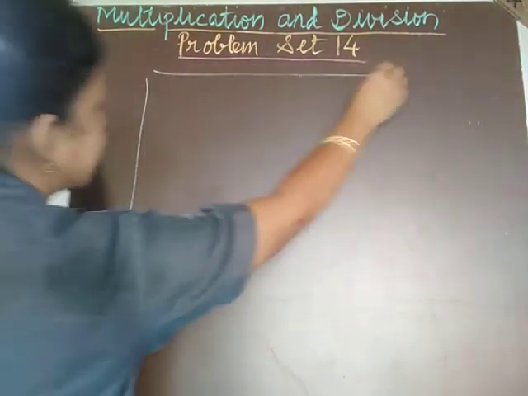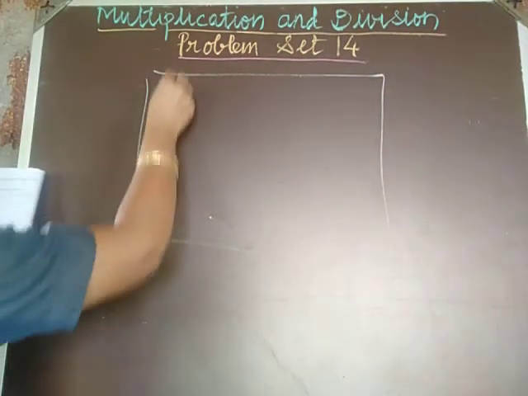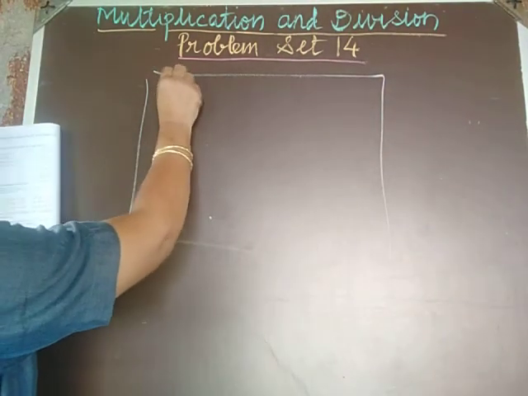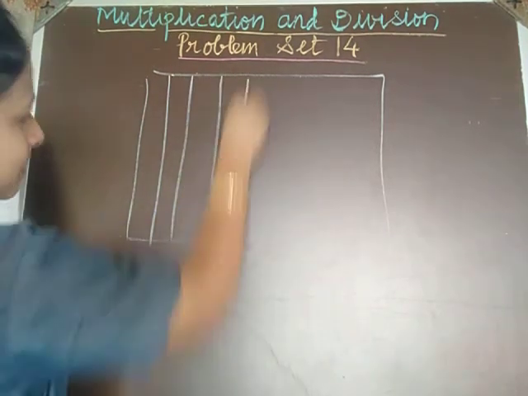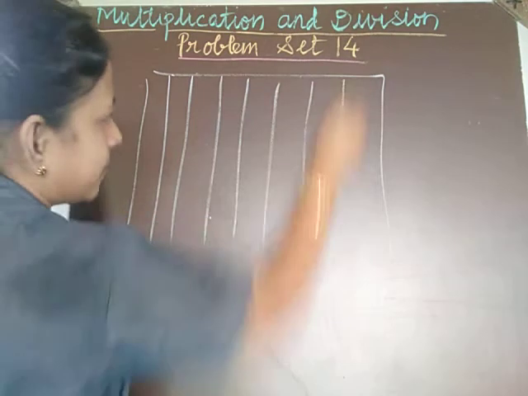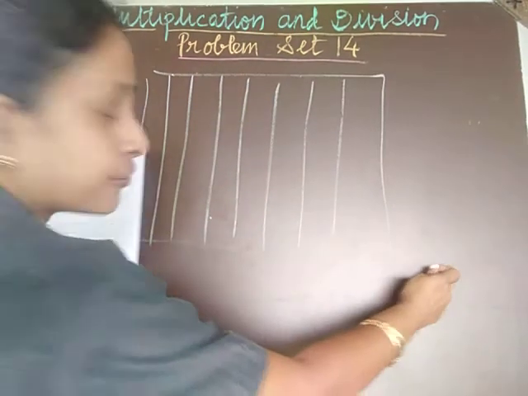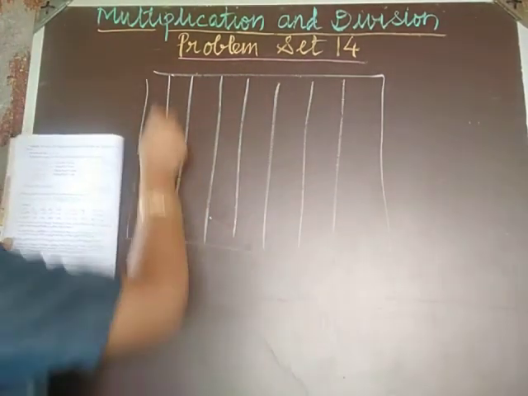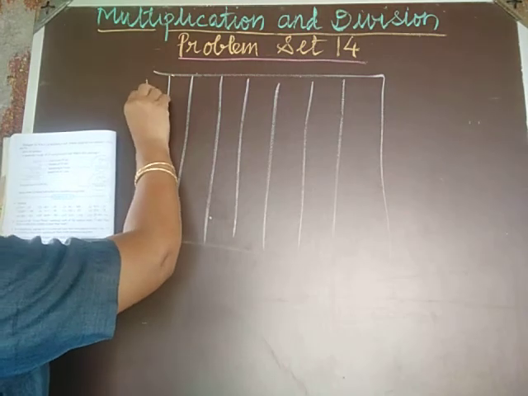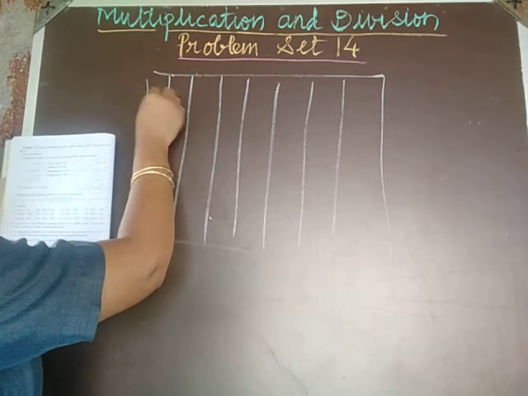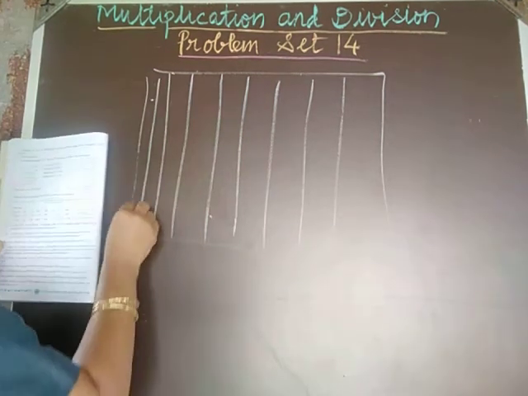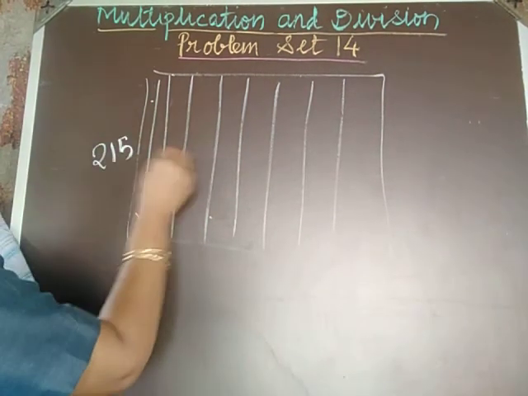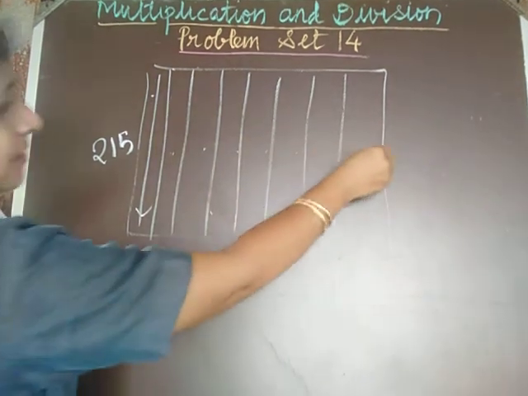So what is asked here? There is a plantation here like this. And there are altogether how many rows? There are 132 rows. I cannot draw 132, but I will mention it like this. And in each of these rows, how many saplings of medicinal trees are there? Around 215. So in this one row, 215. Like that, in each of 132 rows,